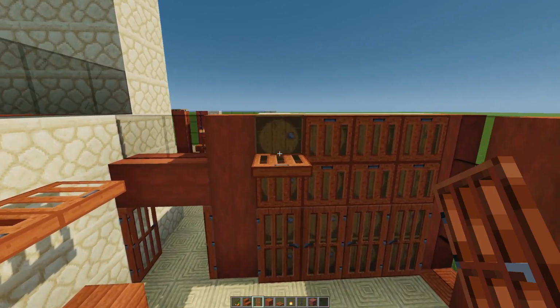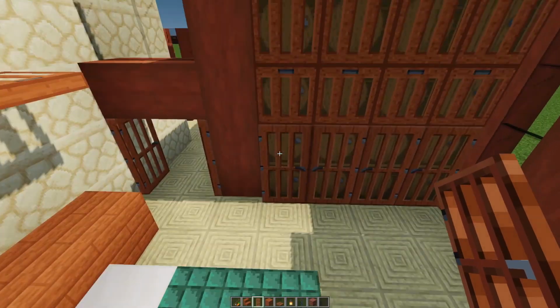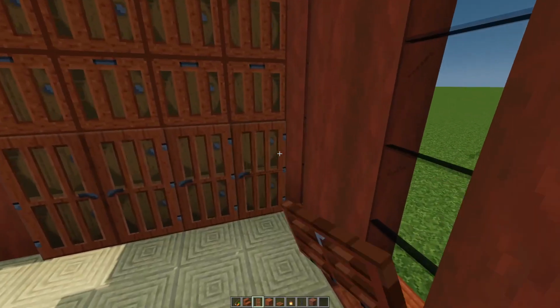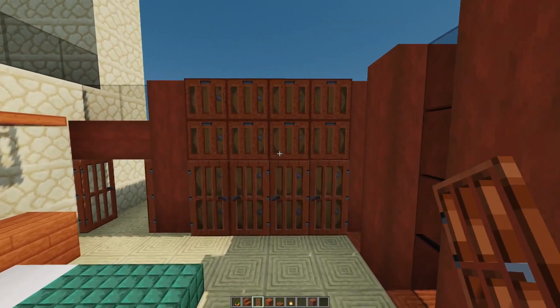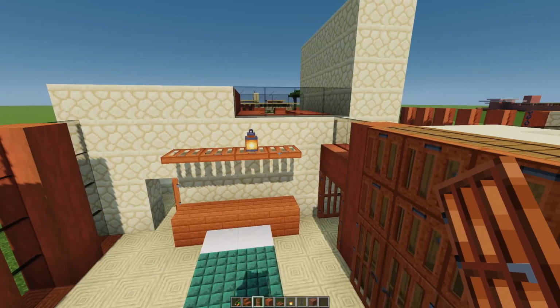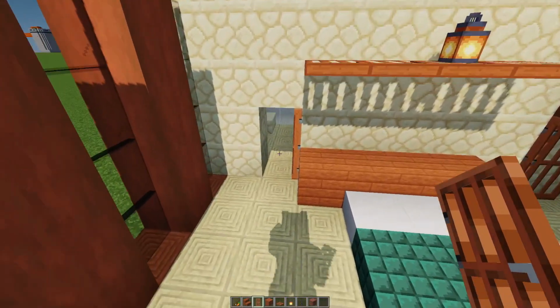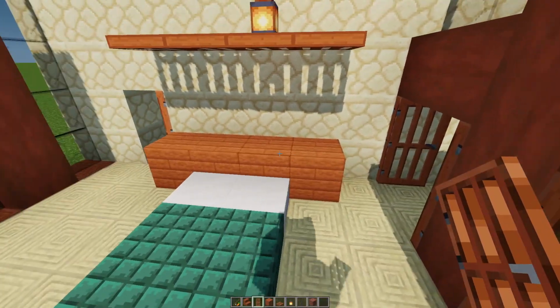Then next to that, I did another thing of a bunch of barrels. And then I did doors on the bottom and trapdoors on the top, like that. Another built-in sort of closet thingy. Along this wall, you can see right next to where this door is to the bathroom, we've got 4 acacia